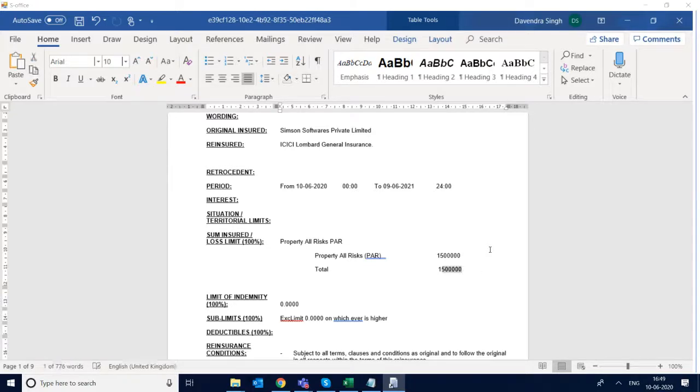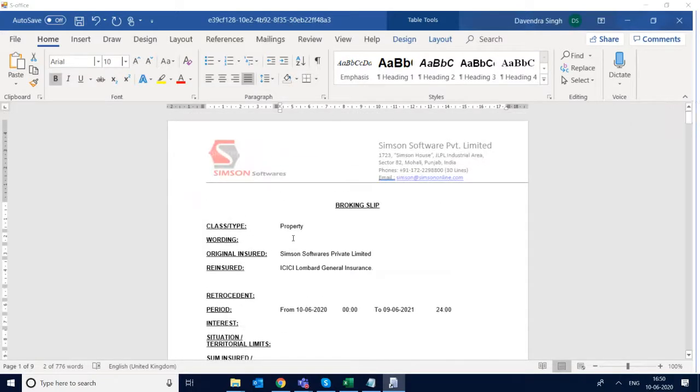I can do this bold. Everything in bold. This is wording. I write here as a test wording. Test wording. Okay. Retrocedent not applicable.